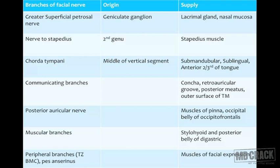Now in this table, we will see the branches of the facial nerve, from where they originate and what structures they supply. First of all, the first branch of the facial nerve is the greater superficial petrosal nerve. It arises from the geniculate ganglion and it supplies the lacrimal glands and the nasal mucosa. Second branch is the nerve to stapedius, which originates from the second genu and supplies the stapedius muscle. The third branch is chorda tympani. It arises from the middle of the vertical segment and it supplies the submandibular, sublingual glands and also the anterior